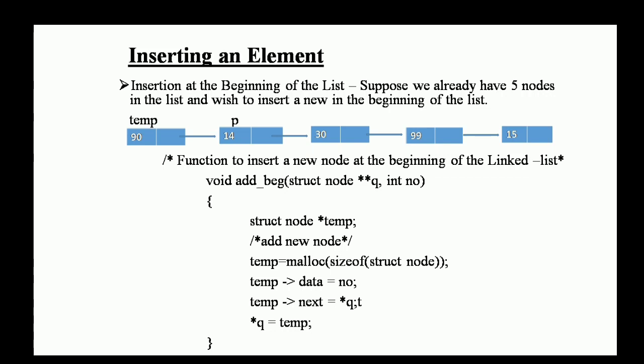The size of an array is fixed. In an array you have a size, for example int a of 10. That means the maximum number of elements is 10, which you define in advance. So the size of the array is fixed, and you must know the upper limit on the number of elements in advance.